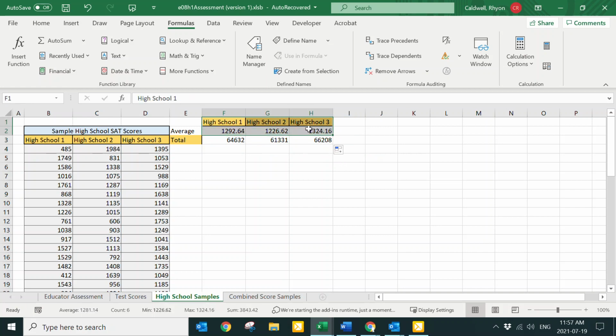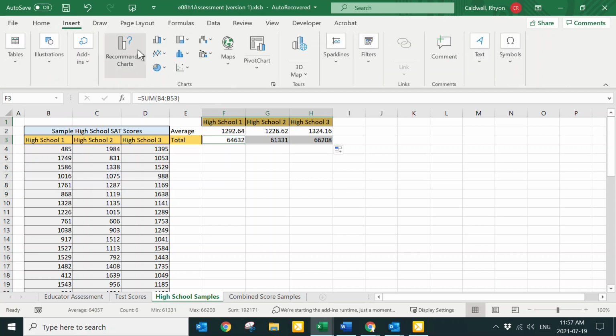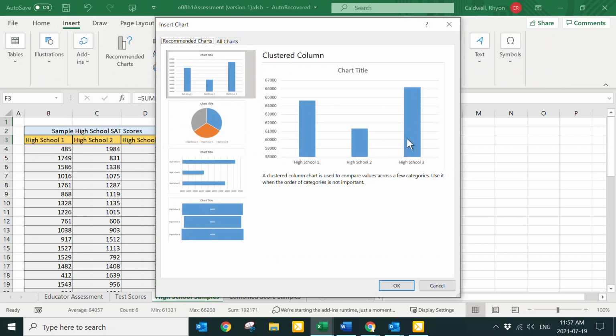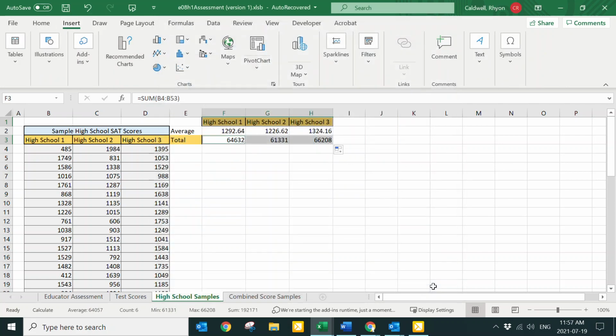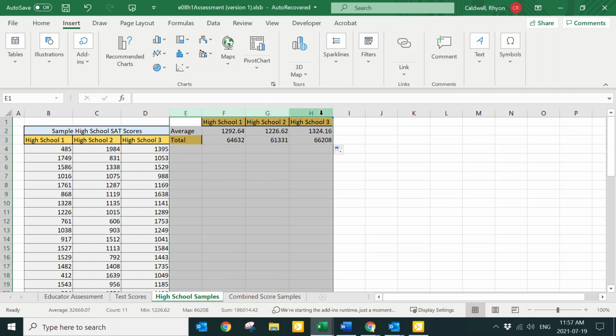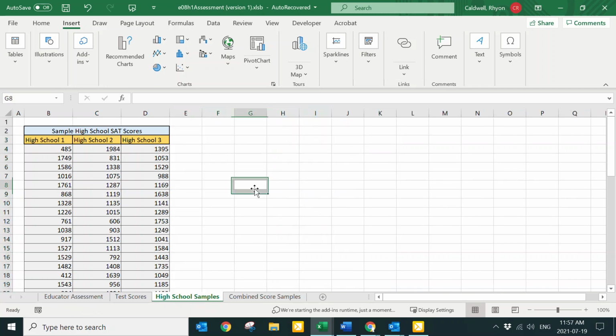So now we could graph those. We could take the titles and the totals, insert a graph, and very clearly see that high school 3 looks like it's outperforming the other 2 high schools. Well, that's one way of rapidly doing that. Let's just remove that for a moment, and let's look at this in a little deeper method using the analytical